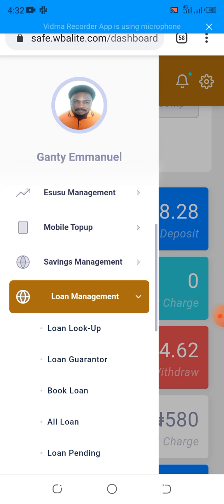Today we'll be looking at loan lookup. It's very important you give me a few minutes to understand what we are trying to guide you through. Before we get started, you might have received a spamming message, call, or WhatsApp chat